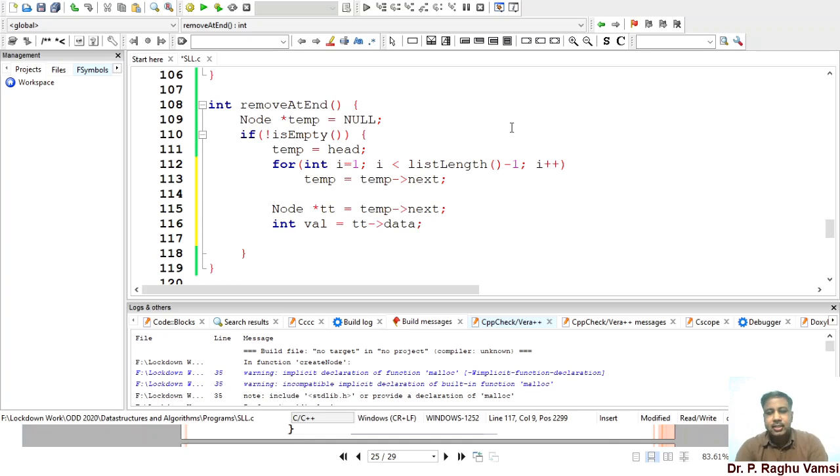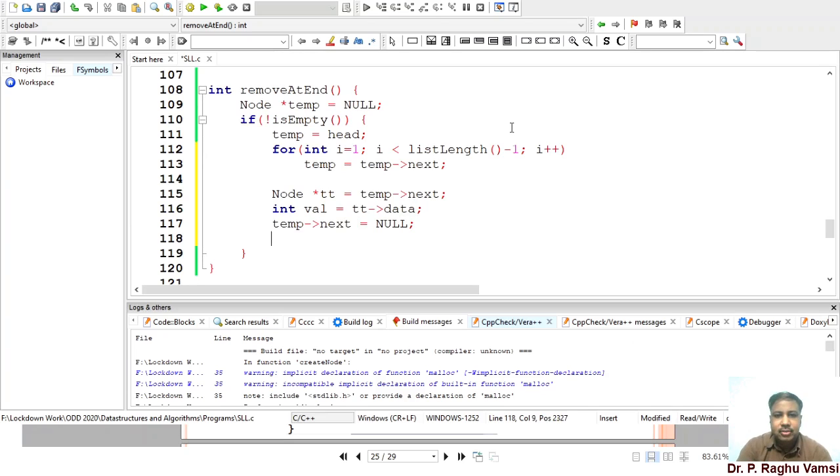Once the last node's value is stored, what we are supposed to do is tt next, not tt next, temp next, because we stopped one node before. Temp next is equal to null.